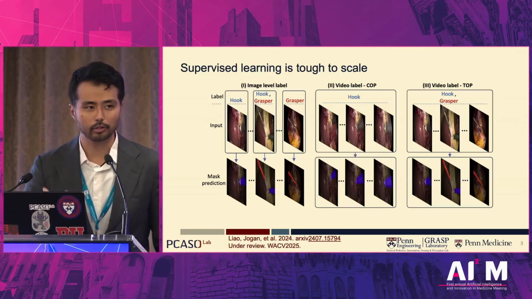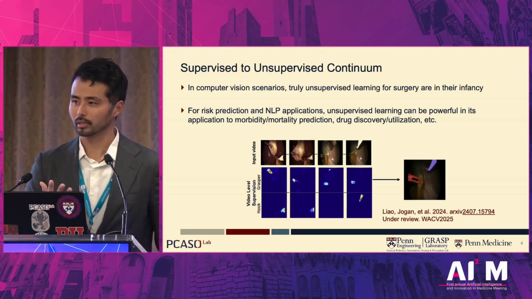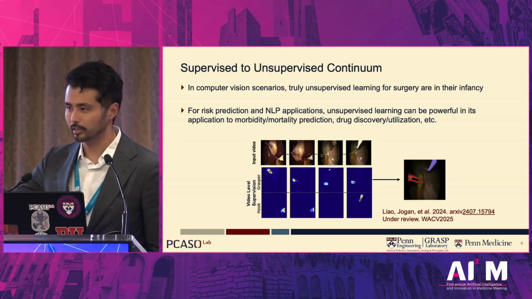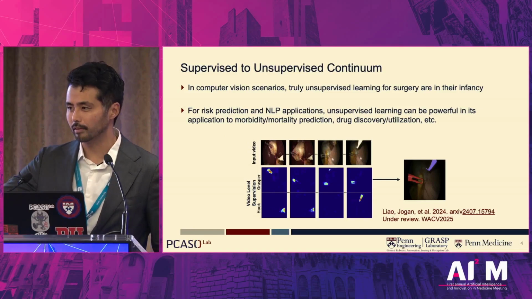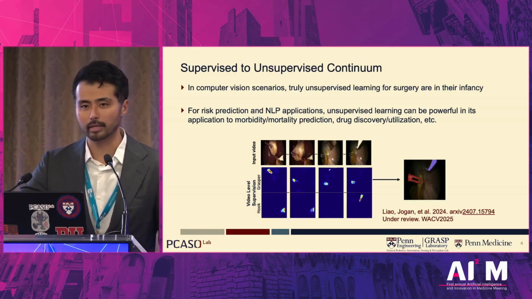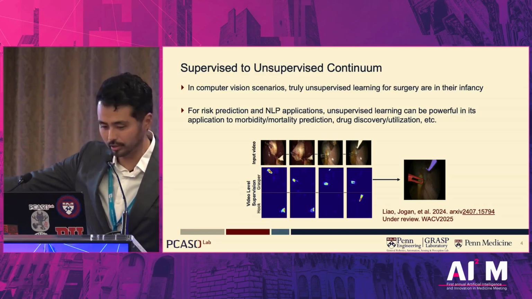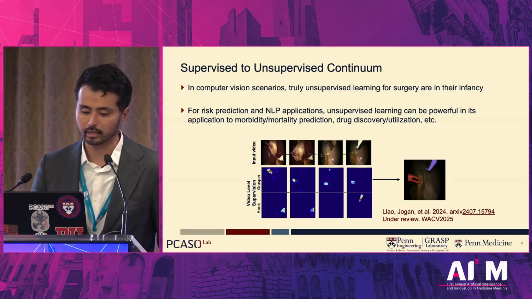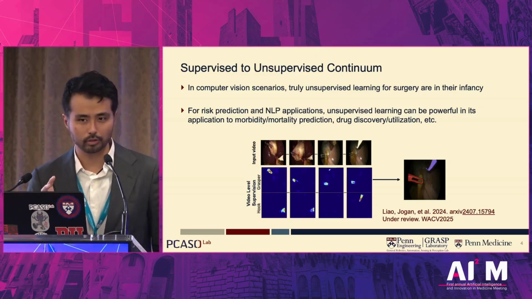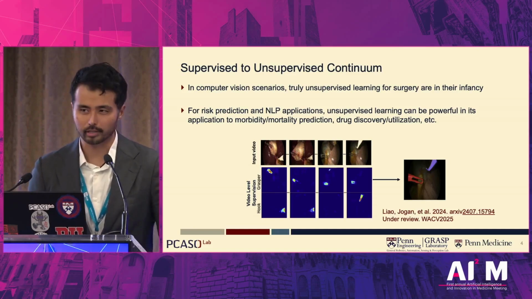But you can leverage some of these types of approaches to cheat a little bit on your problems. On the bottom here is an example of a weakly supervised transient object presence problem. This is work from one of my postdocs. You tell it, oh, there's a hook, there's a grasper in the video, it's going to come in and out of screen, I want you to find me all the instances. And we actually do fairly well. You can see the segmentation that it generates on the far right. But the reality is that, at least in computer vision problems, unsupervised learning approaches or these weak supervision problems are still relatively in their infancy.